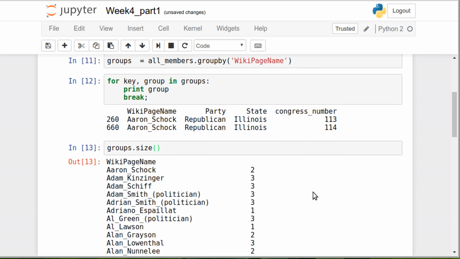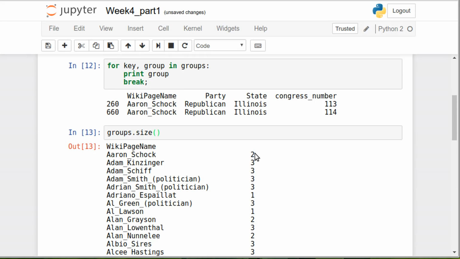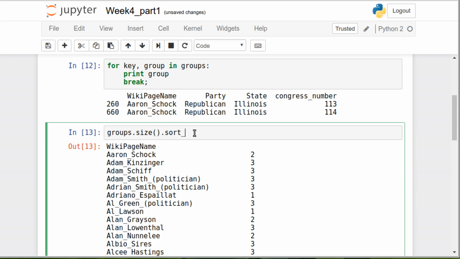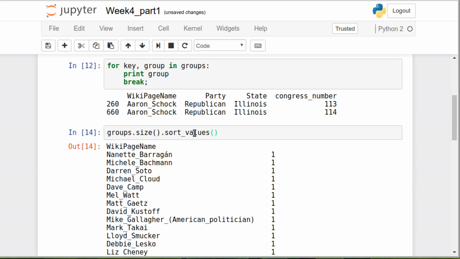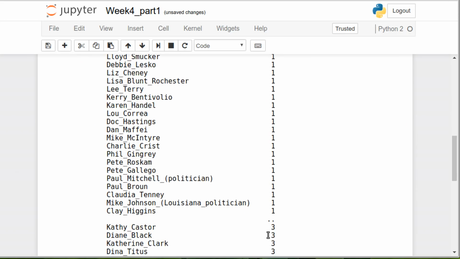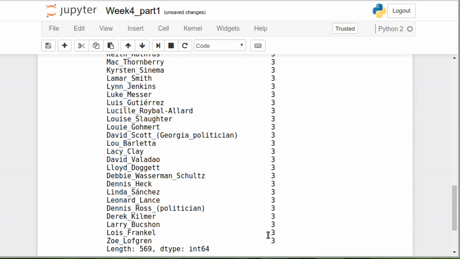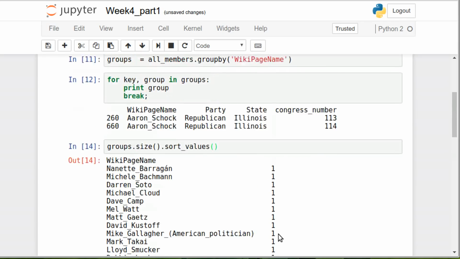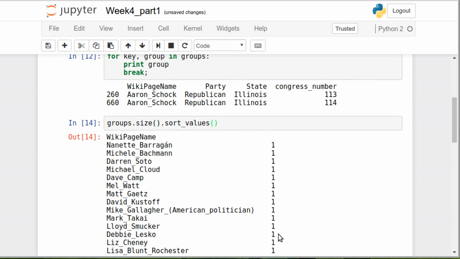And when we output the result, we can see that actually Aaron Schock appeared in 2 different congresses, as we have seen. But if I sort the values, I will see some people appeared only once, and then when I go through the end of my series, some other politicians appeared up to 3 times. Alright,